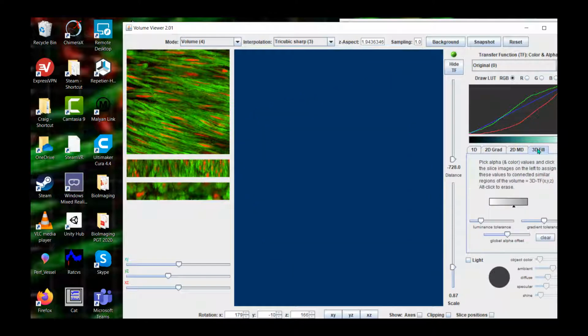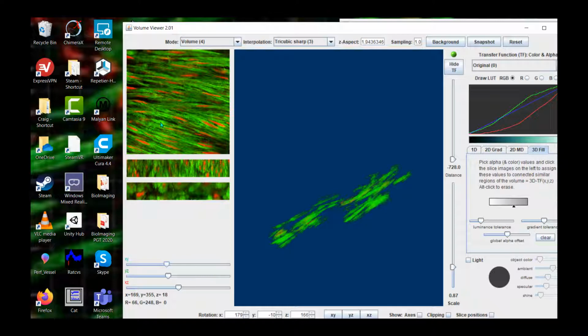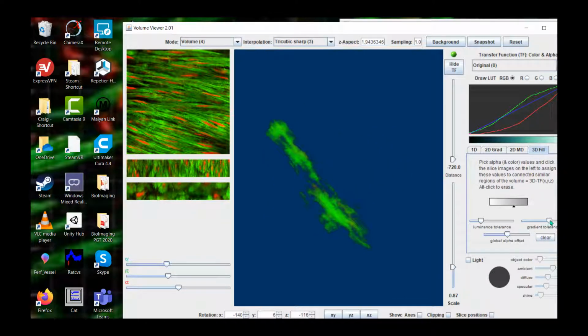And for the 3D fill, this is like a seed fill. It's not too bad. What it allows me to do is to come over here to the slice window and pick a particular intensity. So let's see, this is very bright here. If I choose this, what it will do is it will select the pixel of that particular brightness that I'm pointing at and all of the connected pixels of a similar value within a particular tolerance range, so sort of plus or minus. And if I put the tolerance up,